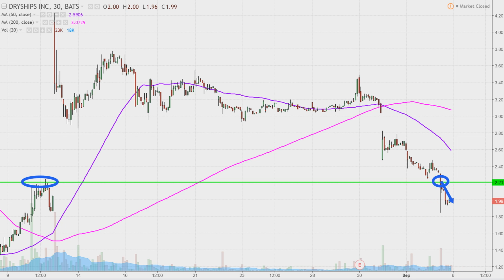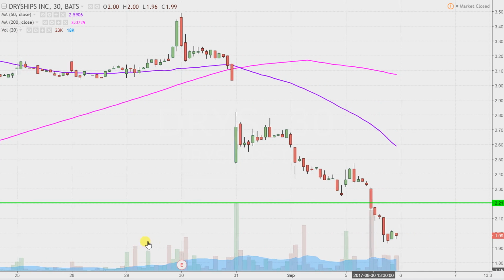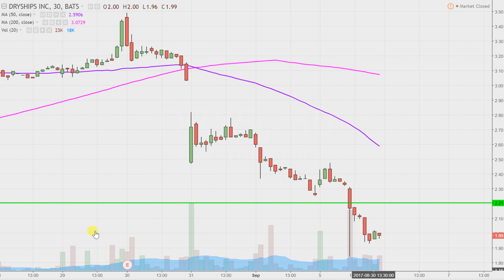And as I talked about on Friday, this was not shocking to me. By no means am I trying to make some sort of revolutionary call, but if you've been watching DRYS for any extended period of time, then this thing likes to drift downwards, and I'll just leave it at that. So not hugely shocking to see that it's now broken down below that key level of support,